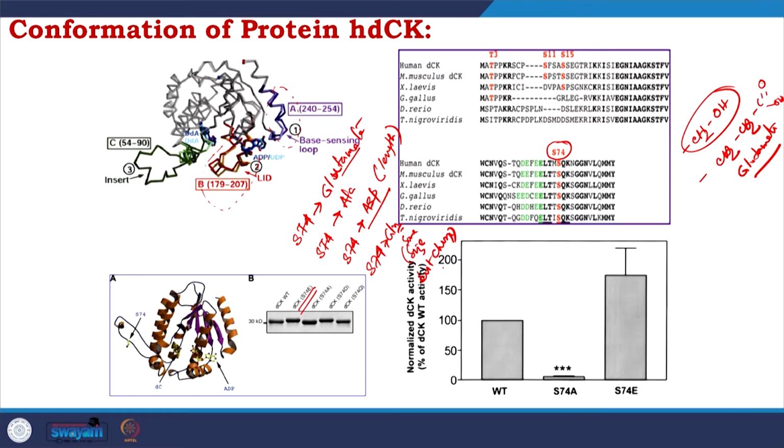And when we make a S74E mutant, we get high activity. In comparison to a S74A, it's really high, but the wild type, when we put it in the cell, was phosphorylated. So, there is a mixture of phosphorylated and non-phosphorylated, and that is why the difference is